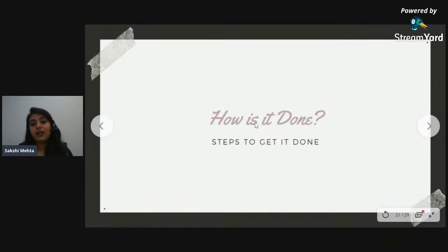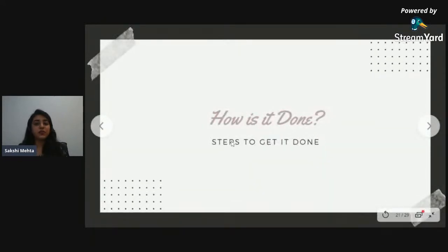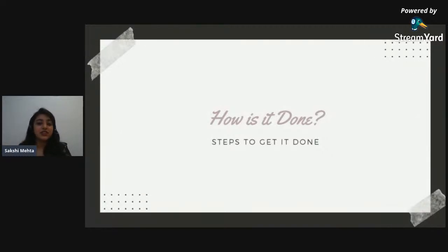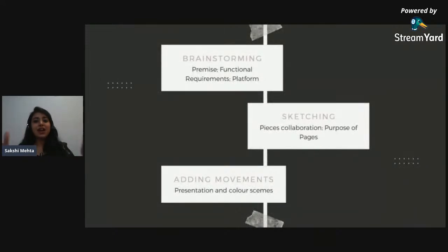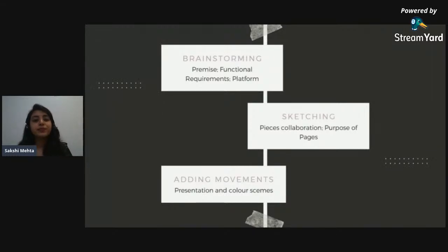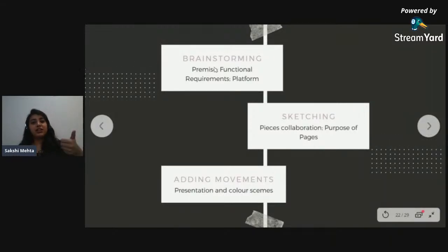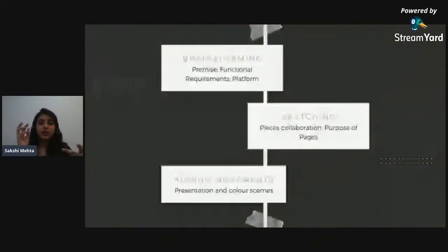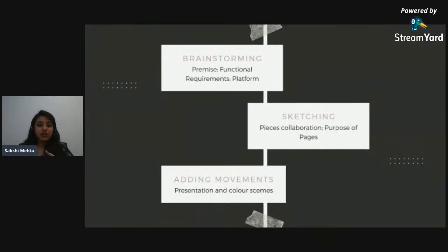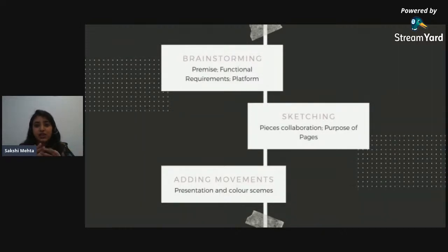Moving ahead with the steps that are supposed to be followed, we definitely saw how it is done, the premises, the presentations, everything we talked about in the 5 P's. I would say these 5 P's are the actual thing that would combine and make you into one particular format. So first is of course brainstorming, where you need to know the functional requirements, the premise of it, and the platforms that we are going to use. Second is sketching it out. For sketching, usually I don't use any tool. I just use a blackboard